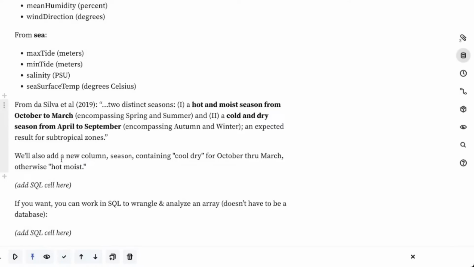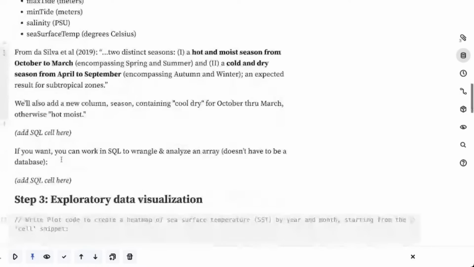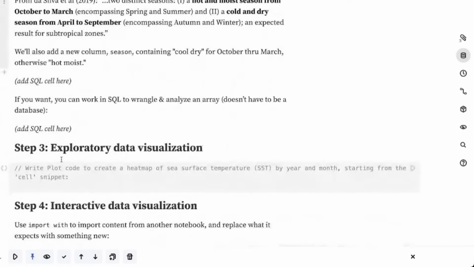So what I'm going to do here is go ahead and add a SQL cell. This is something we haven't done in the workshop so far. So you go to the add cell menu, which, as a reminder,